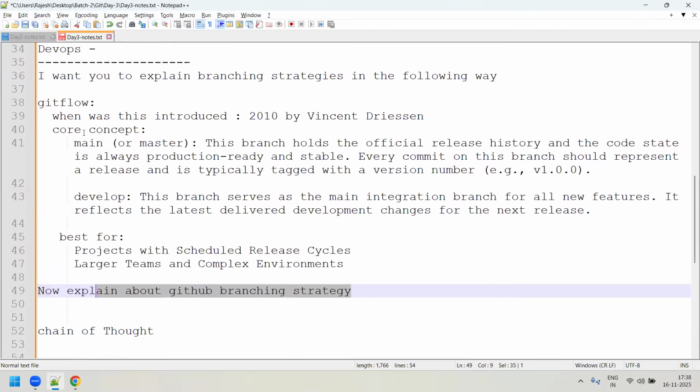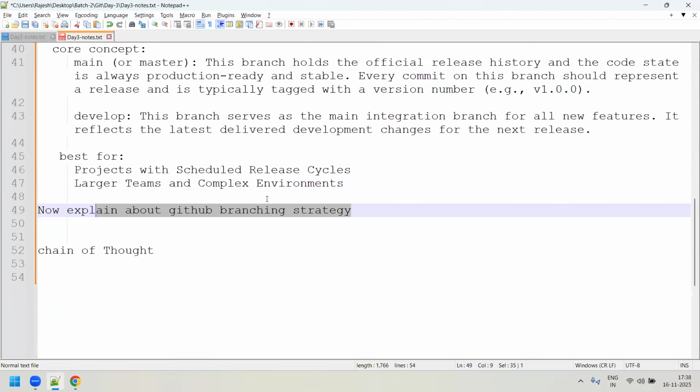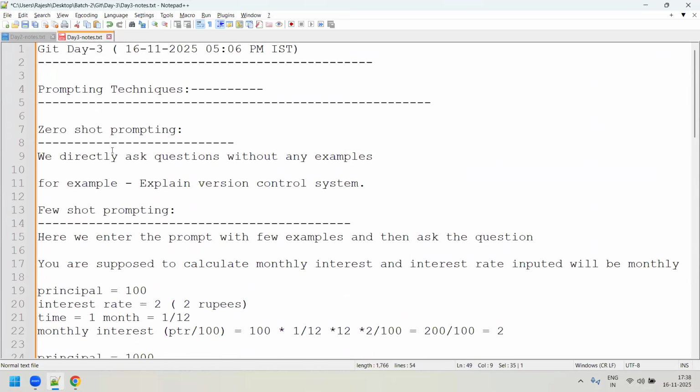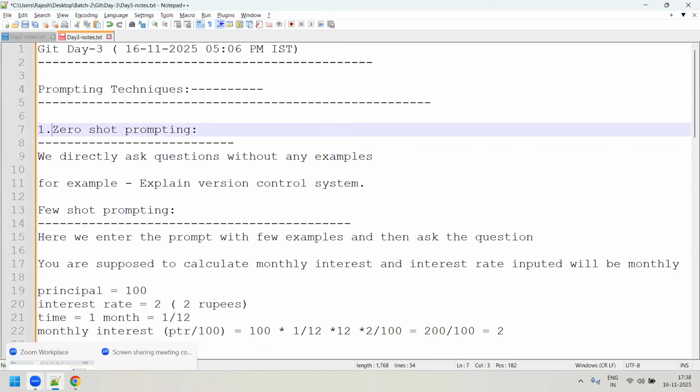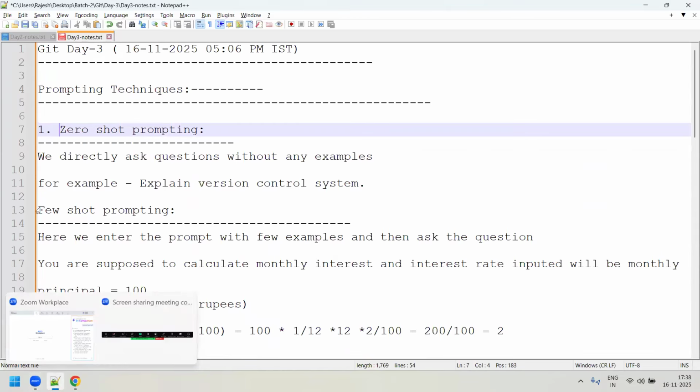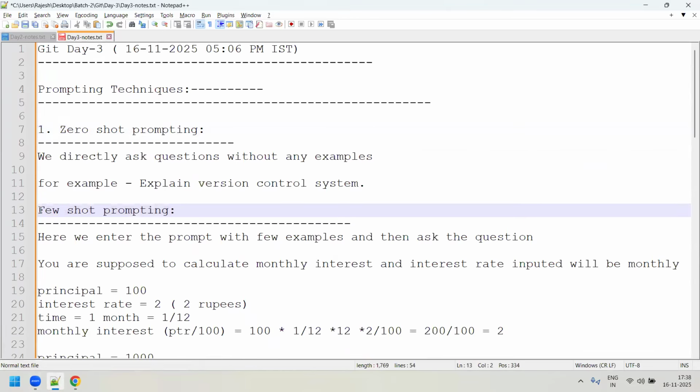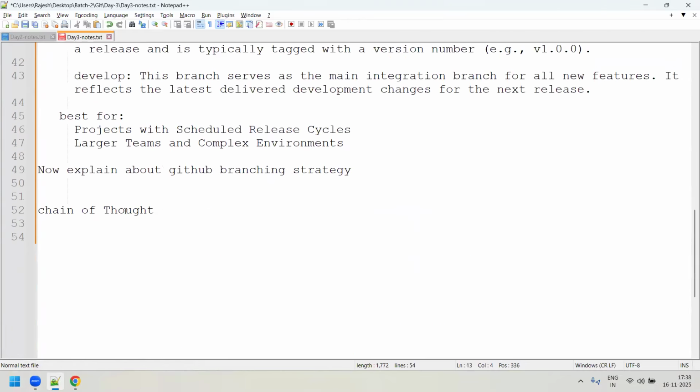Okay, so this example in DevOps is sufficient for cloud. Yeah, we can think about that later. One example is fine for us. So this is the second method of prompting. In today's discussion, the first is zero-shot, the second is few-shot, and the third, the last one, is chain of thought.